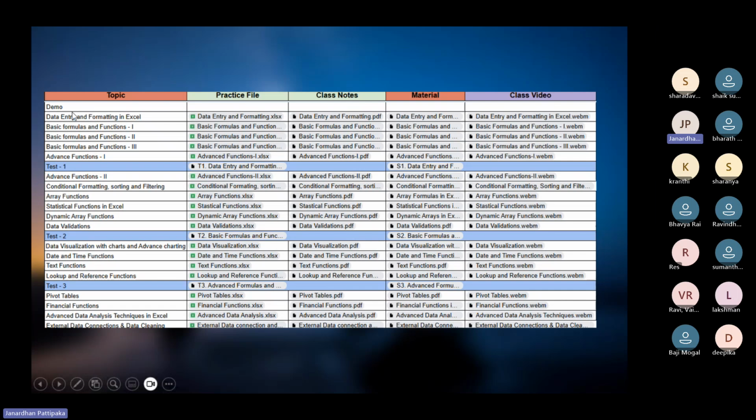It is completed for every topic. On the first day, you will be dealing with data entry and formatting in Excel. This is the topic. And for every topic, rather than making you learn the formulas first, I first want to share how the course curriculum will be, and after completion of the course,